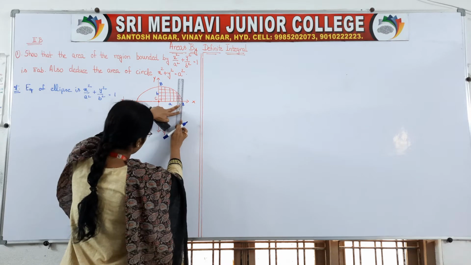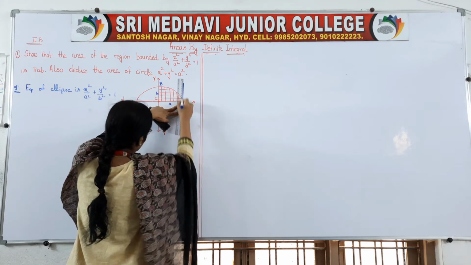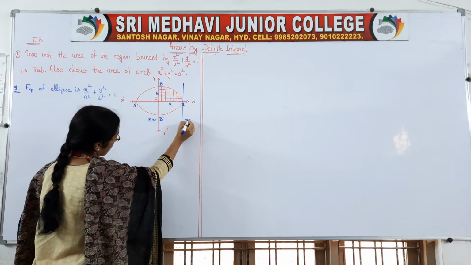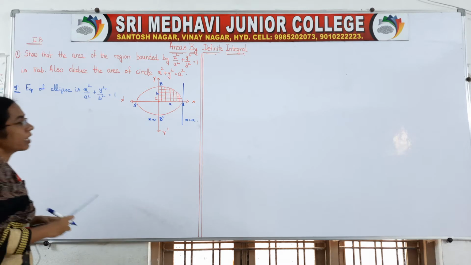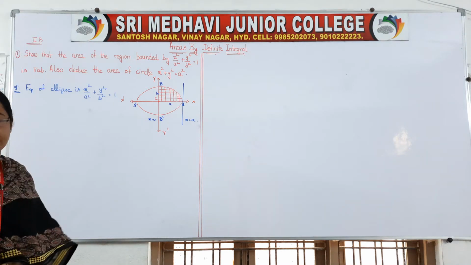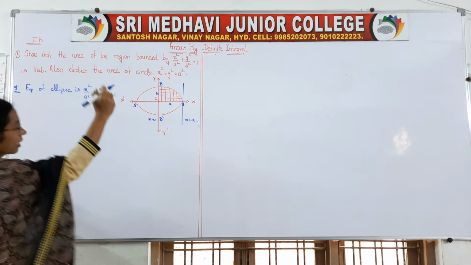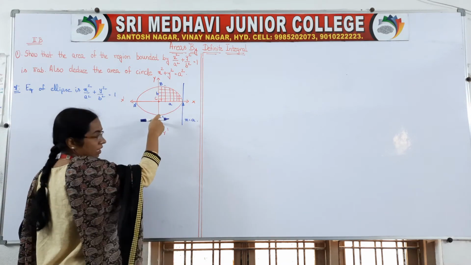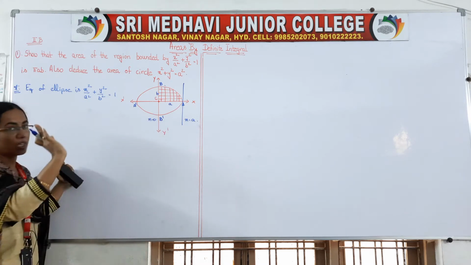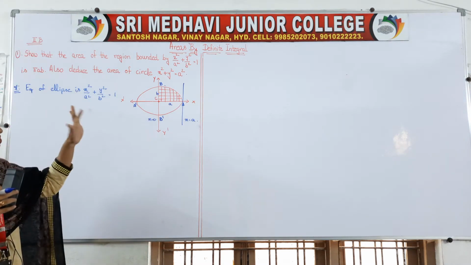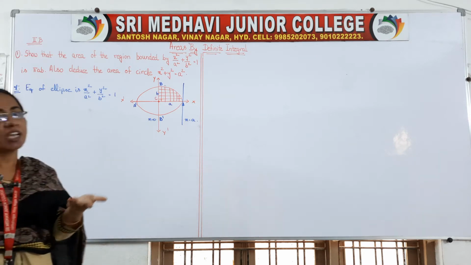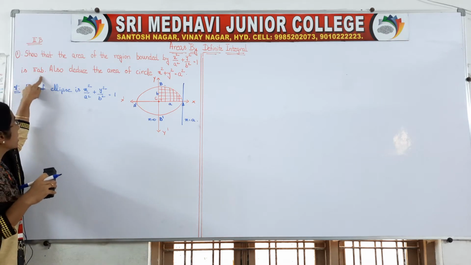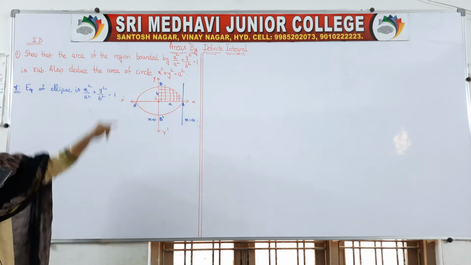If we draw the line here, this line is x is equal to 0 and this line is x is equal to a. X is equal to 0 means the y axis, right? And x is equal to a. So the area covered by this one is between the x axis and x is equal to 0, x is equal to a. Okay, so 4 times that area is your area of the ellipse. Here it is given: show that the area of the ellipse is pi AB. The area equation is given to you.